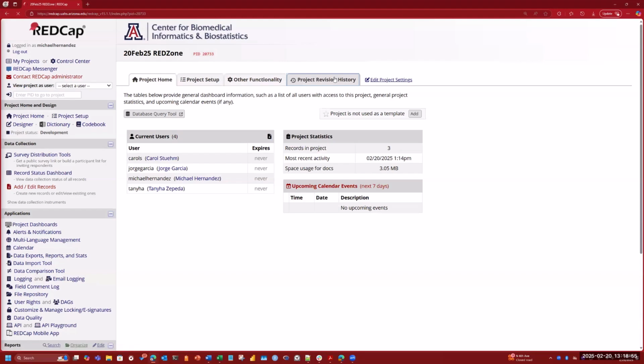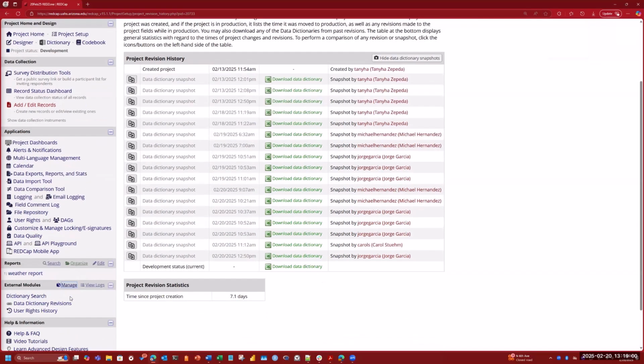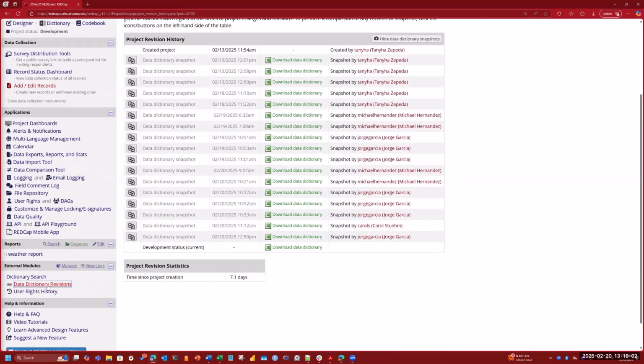the project revision history and the data dictionary revisions, we need to understand that those are independent functions, but they utilize similar framework and mechanisms. I will not demonstrate the data dictionary revisions today, but I will move on and present on whether a project is in development